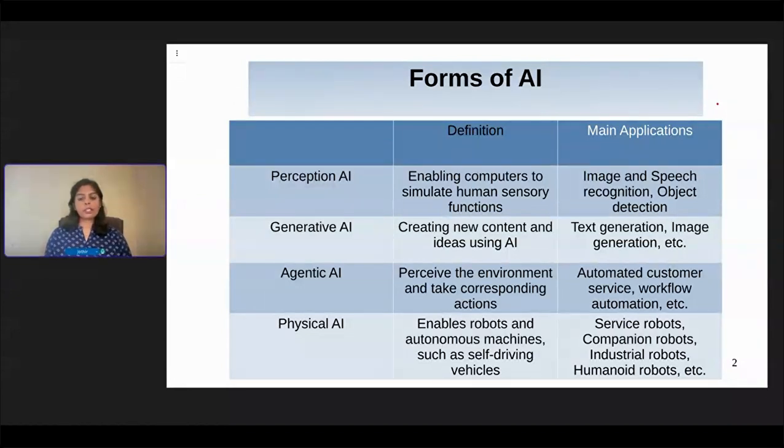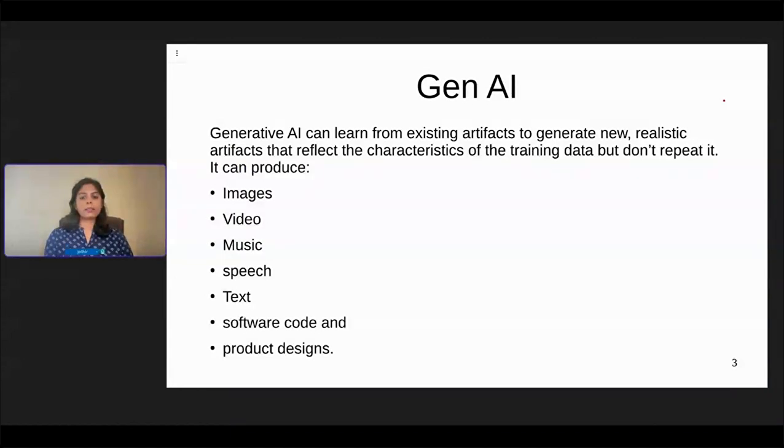So the examples for this, it would include service robots, companion robots, industrial robots, and the humanoid is the latest form of it. Right. So industrial robots are nothing but, you would have heard in Amazon warehouse, you have a lot of robots doing the task for you, right? Arranging the materials and then picking it up based on the order and then packing it, and shipping it to delivery and things like that, right? So those are industrial and service robots, and humanoid robots is the fullest form of it, which could behave like a human, right? So we'll see more about that.